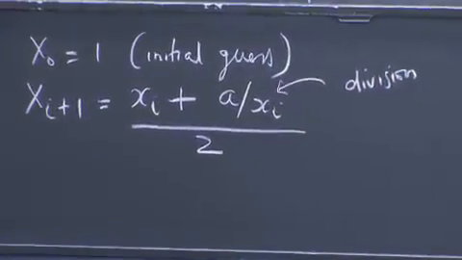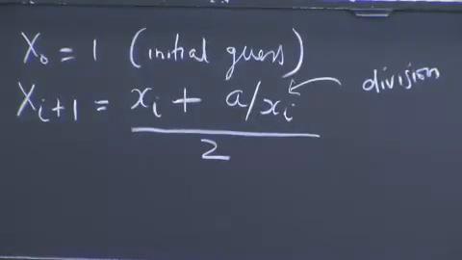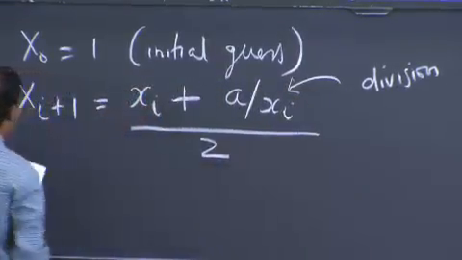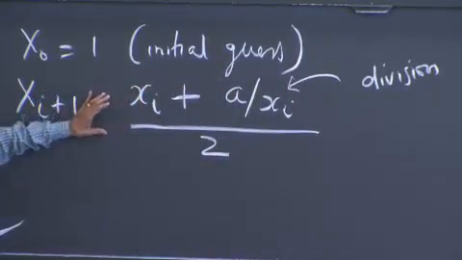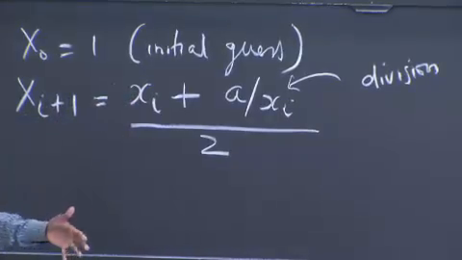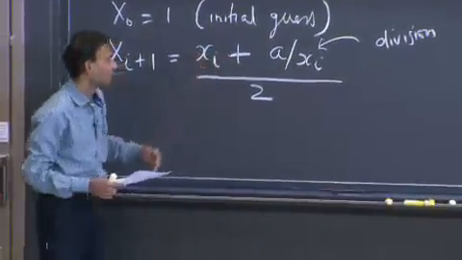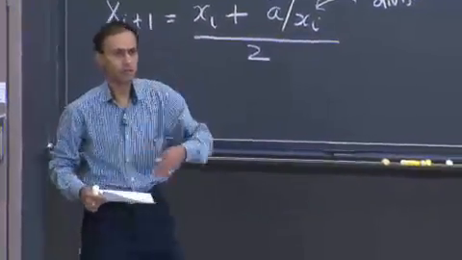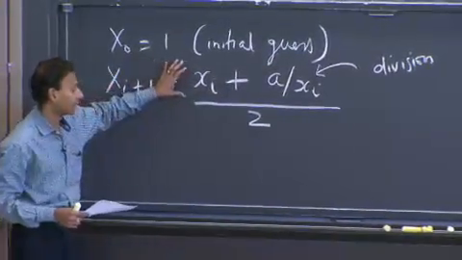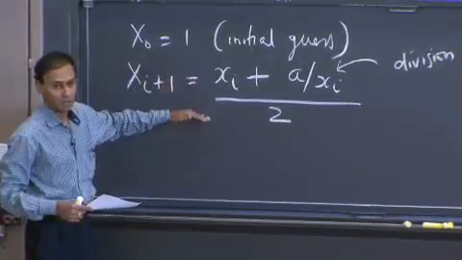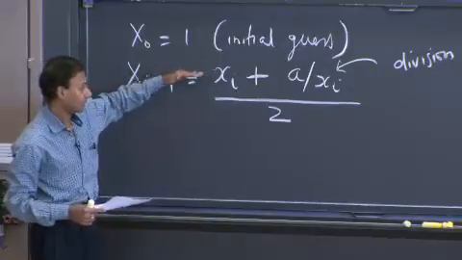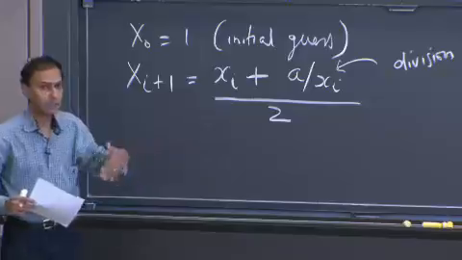I said a couple of things: that you are going to have a quadratic rate of convergence. The precision with respect to the number of digits is going to increase by a factor of 2 every iteration. So if you started out with 1 digit of precision, you go to 2, then 4, 8, etc. That's a geometric progression, and that means that we're going to have a logarithmic number of iterations, which is nice. And we were all happy about that.